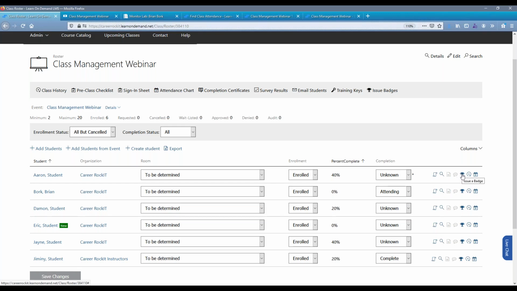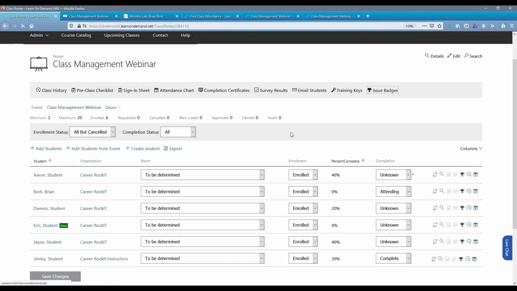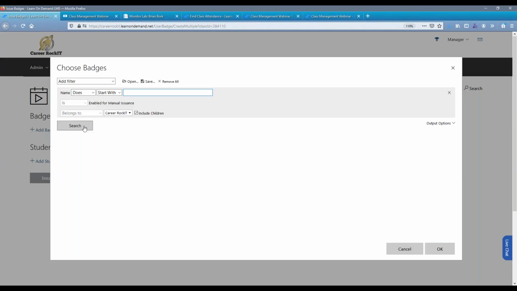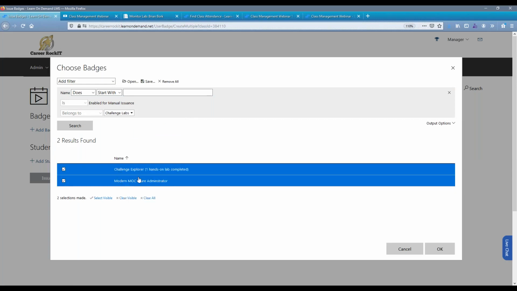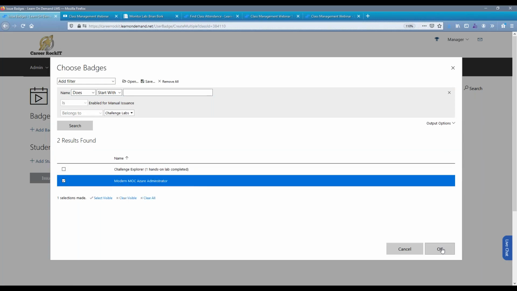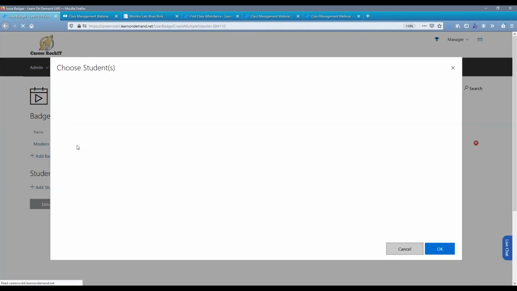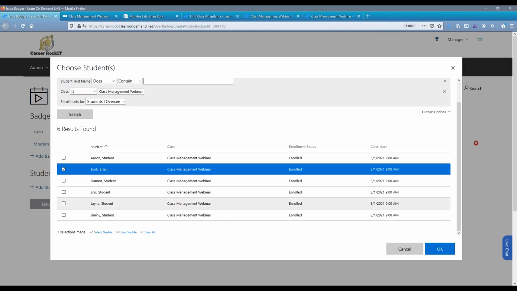We have the ability to issue badges, and this is actually kind of fun. So we are working with Credly, and Credly issues badges for us, and they can set up badges for you as well. And you can choose which badges out of things that are available to you, and then add all the students that you want from the class to receive the badge,